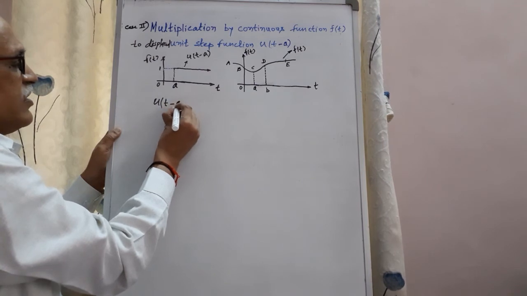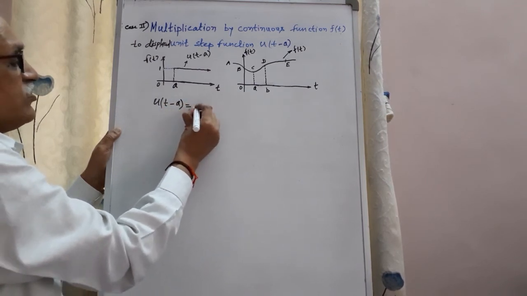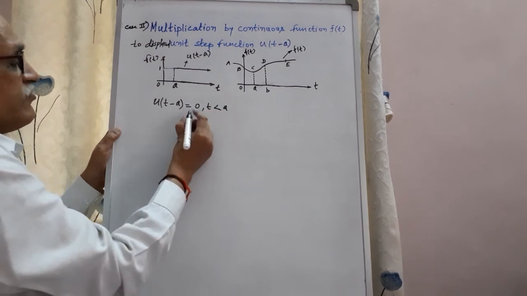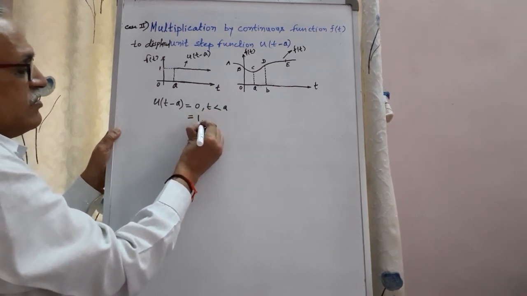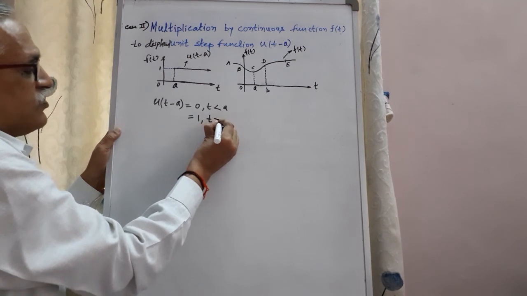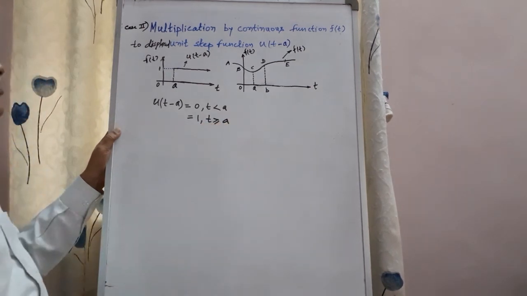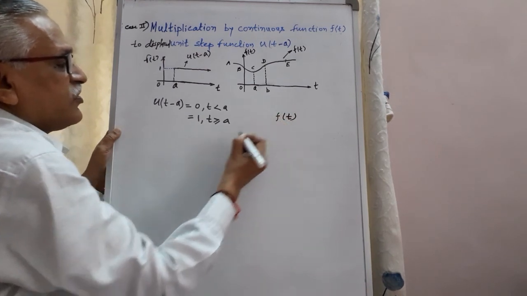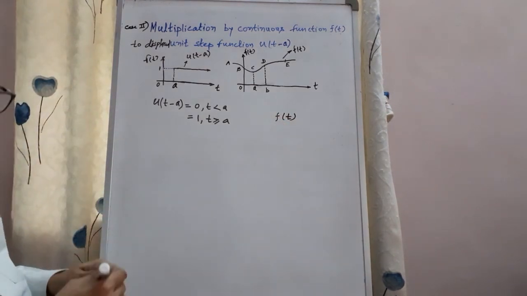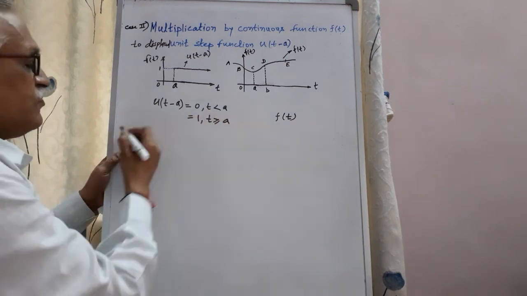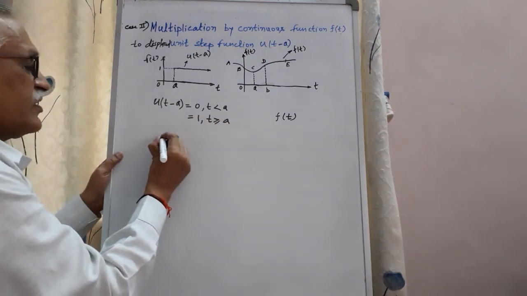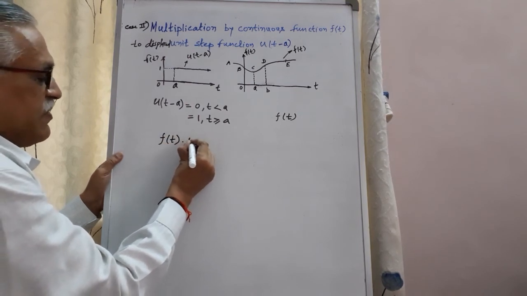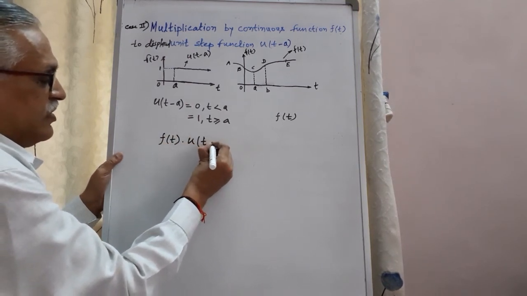U of t minus a is having two values, 0 for t less than a, and its value is 1 for t greater than or equals to a. And this we multiply to continuous function f of t. And therefore, if we try to perform this multiplication, f of t multiplied by u of t minus a,